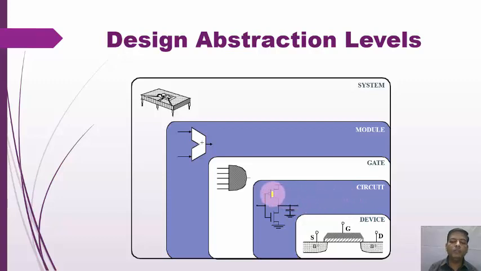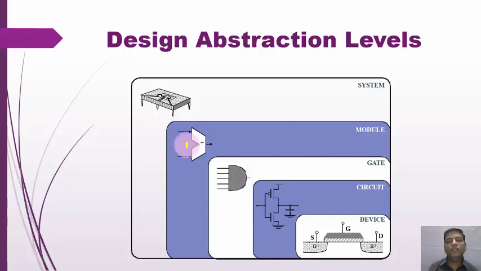So here we have taken one PMOS and one NMOS, and from that we can form an inverter circuit with the capacitive load. One PMOS and one NMOS, we can form an inverter circuit. After that we can get a gate level diagram or any gate.